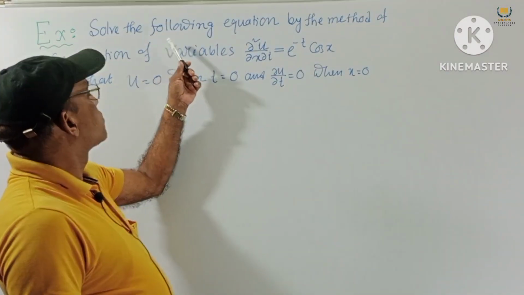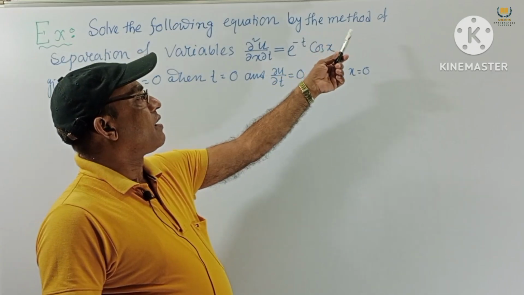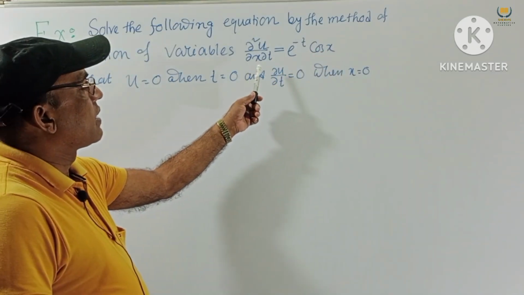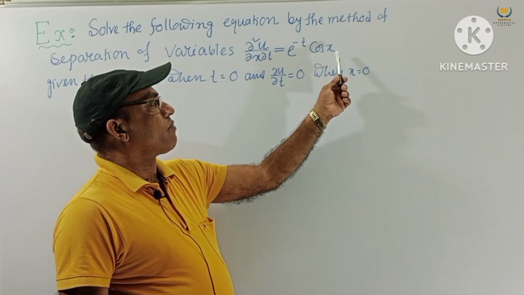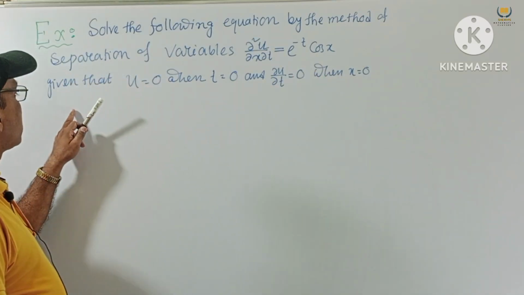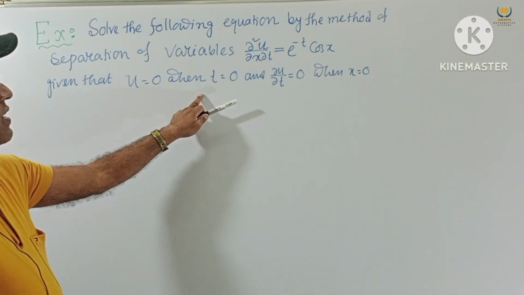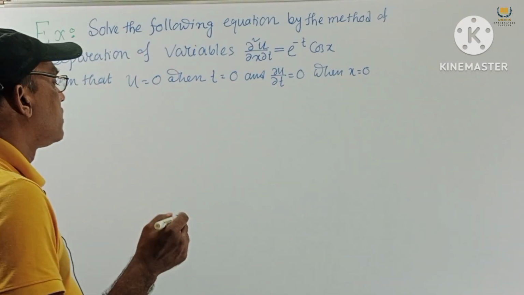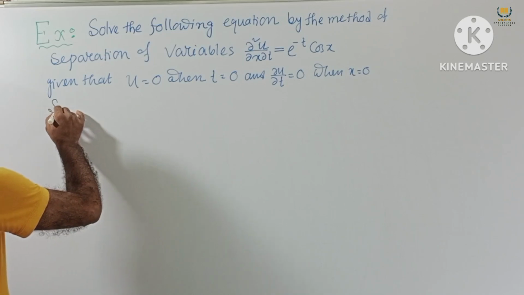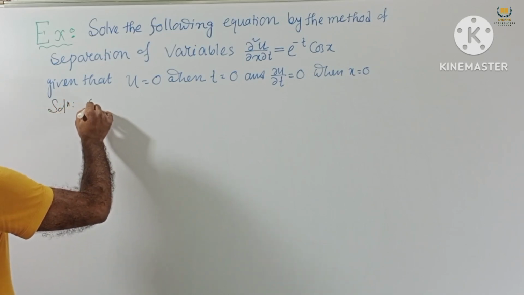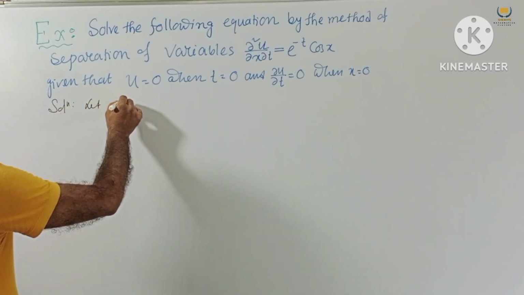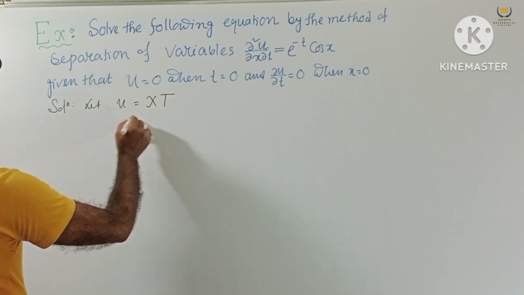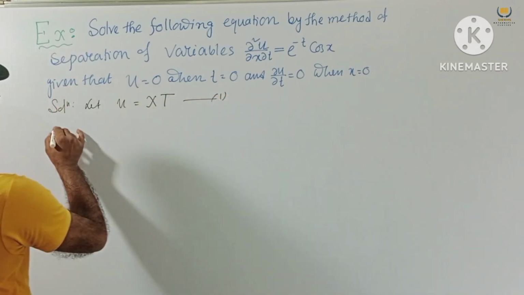Another problem. Solve the following equation by the method of separation of variables. del square u by del x del t equal to e to the power minus t cos x. And the conditions given: u equal to 0 when t equal to 0, and del u by del t equal to 0 when x equal to 0. So solution, let u equal to X T. This is number 1, where